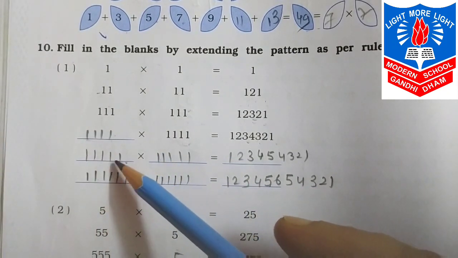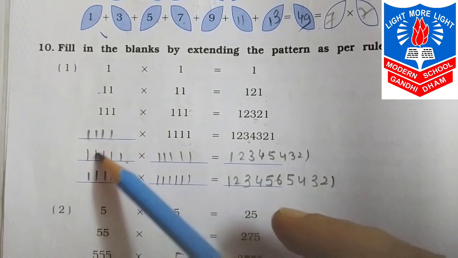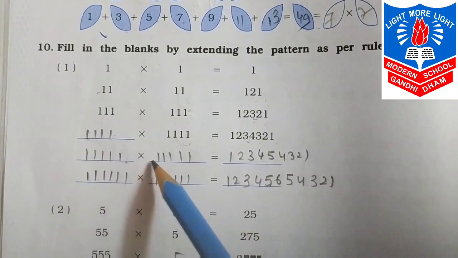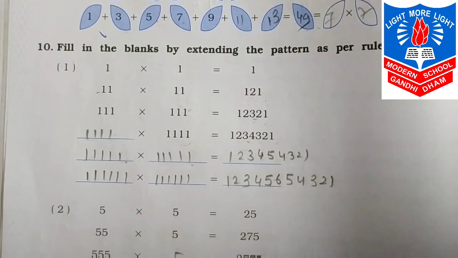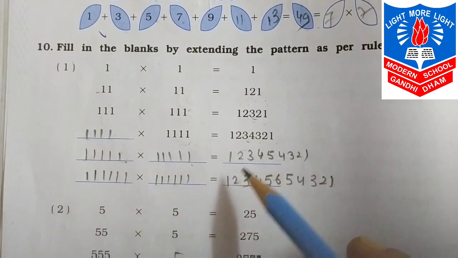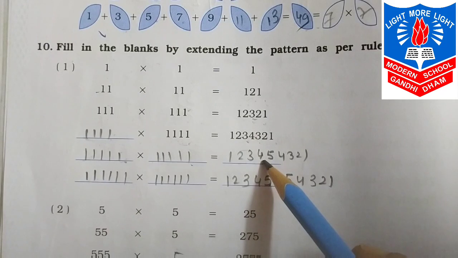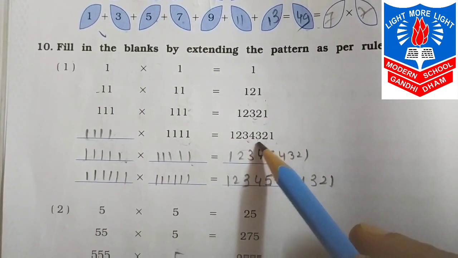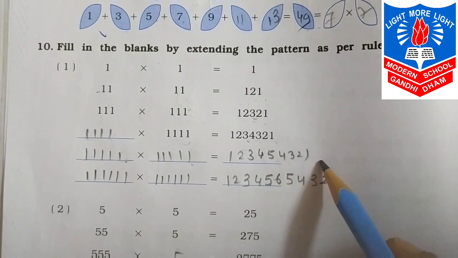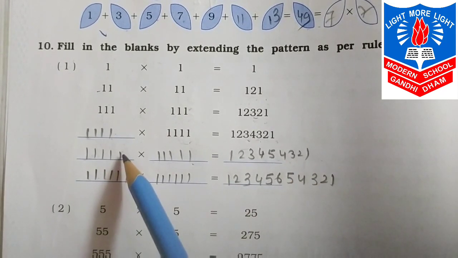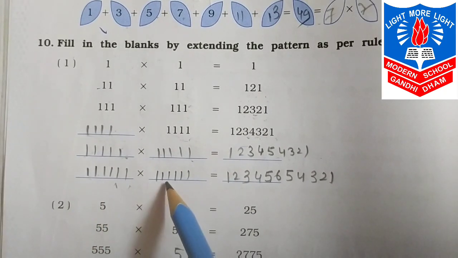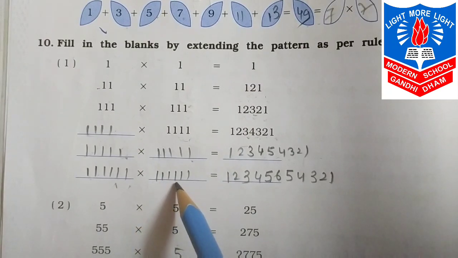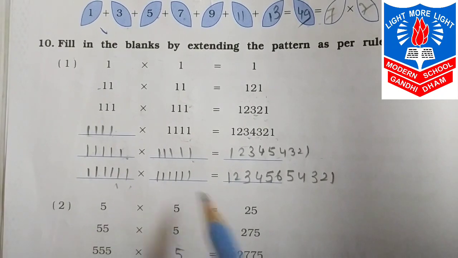See 1 2 3 4 5 into, it means 5 time 1 लिखेंगे into 5 time 1. So इधर क्या था 4 था, तो अब कौन सा नंबर आ जाएगा, 4 के बाद कौन सा नंबर आएगा, 5. So we write here 1 2 3 4 5. Then last 3 digits 4 3 2 1 same to same. 5 फिर अब 6 time 1: 1 2 3 4 5 and 6, into 6 1s.